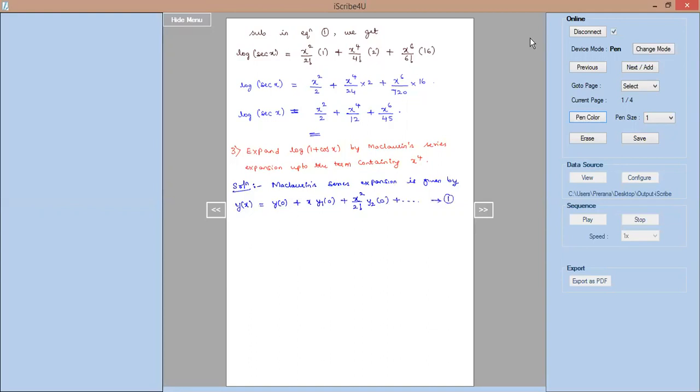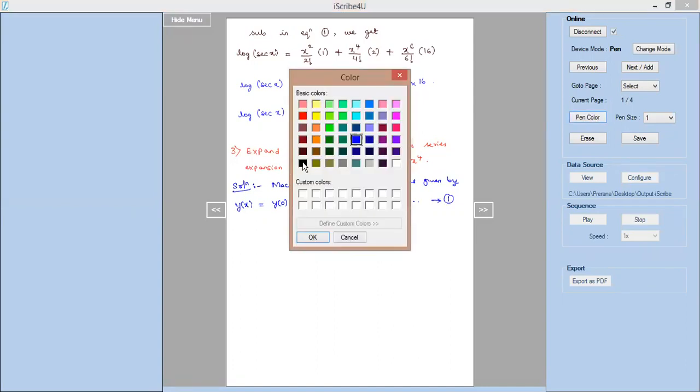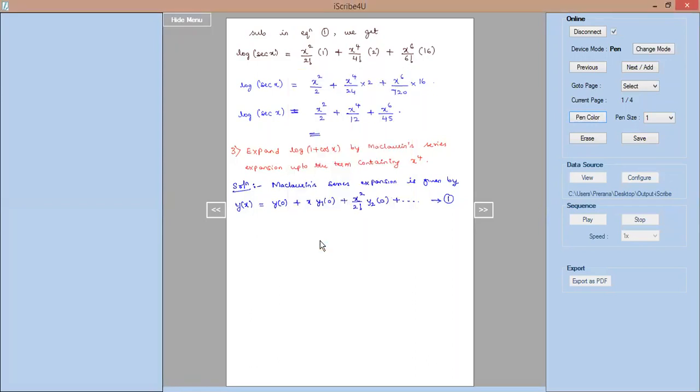While performing the derivatives, we will have to go until the 4th degree term, until x power 4. We observe that it is x power 1 divided by 1 factorial. 1 factorial is 1 itself, so we have not mentioned it specifically, and x power 1 can be simply written as x only. So this is our formula for Maclaurin series. Now we consider the function y of x given for us, log of 1 plus cos x, and we simplify. Finding the derivatives, we will obtain the derivatives at the point 0. So let y of x be equal to log of 1 plus cos x.